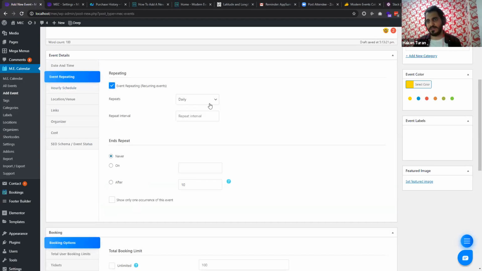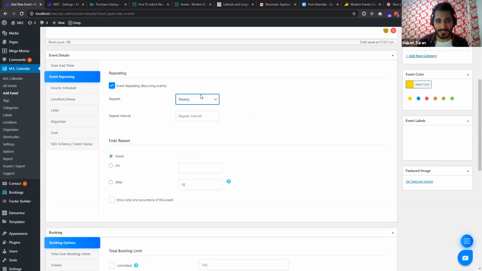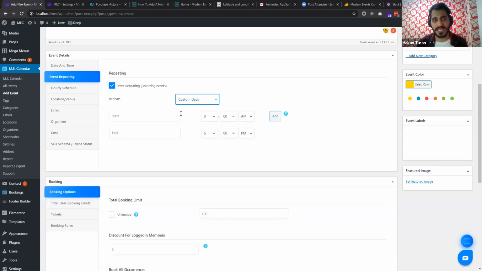So most of our events, when we actually add them to our calendar, they might have some repeats. So in Modern Events Calendar, we have all types of repeats. We have every weekday repeat, every weekend repeat, certain weekdays that, if you choose it, you can choose the days that you want your event to be repeated on those particular days. And also you will have repeated based on the weeks, weekly, and you can actually set an interval for that. For example, 1 break in between. You will have monthly, you can have yearly, and you can have also custom days